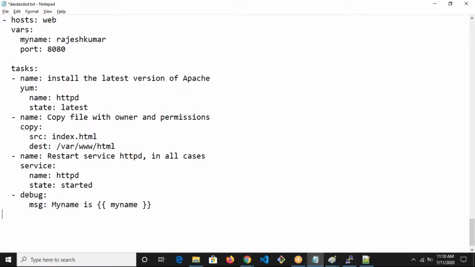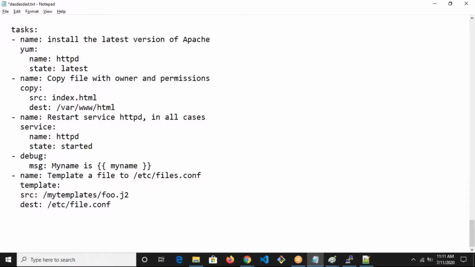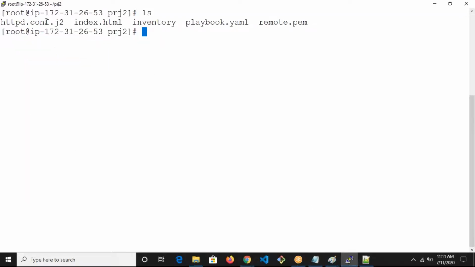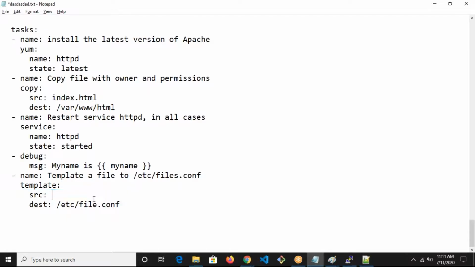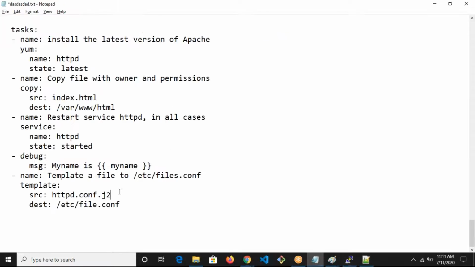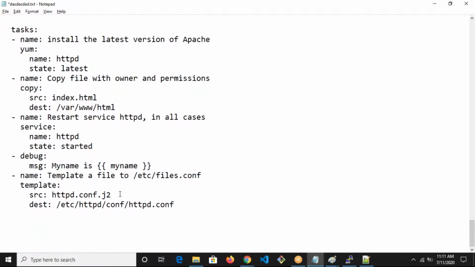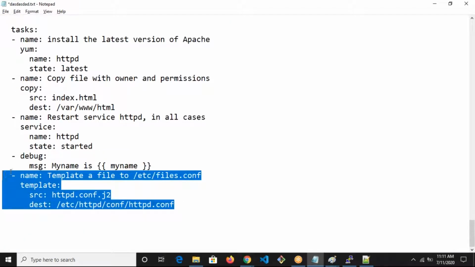This is the code I copied. So what is the template file name? This is one. Where do you want to place it on the remote machine? Here. See, this is a Jinja 2 file, but you have to place it as it is. So if you want to replace this file with the port number 8080, then you have to restart this. So for that,